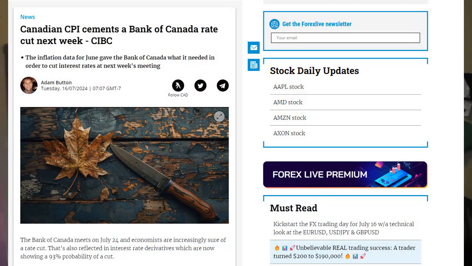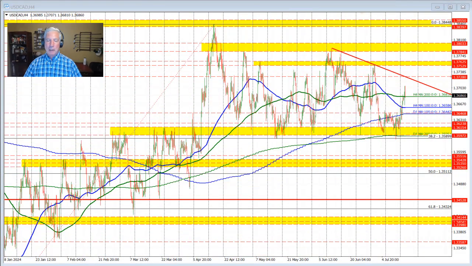Adam points out that the Canadian CPI has also given the Bank of Canada the go-ahead to push rates lower next week when they meet. There is a 93% chance that the market is now pricing in for that cut to happen. But what does that mean for your trading? Typically, all things being equal, that should lead to a stronger dollar, a weaker Canadian dollar, and that pair moving